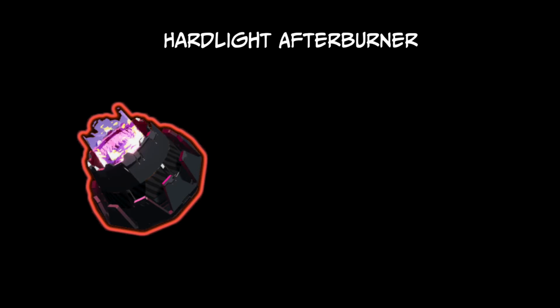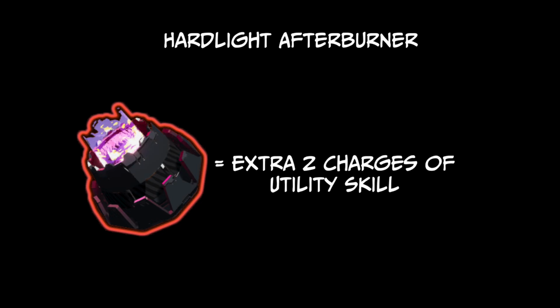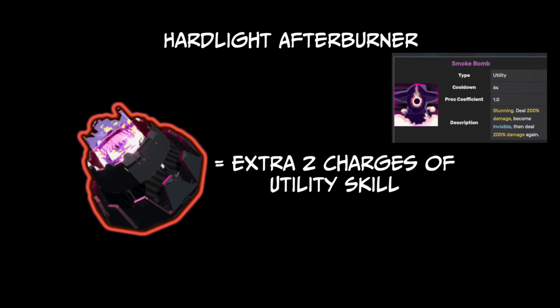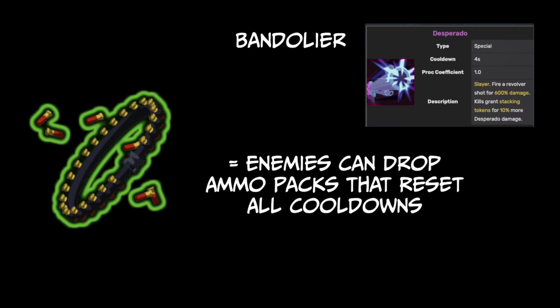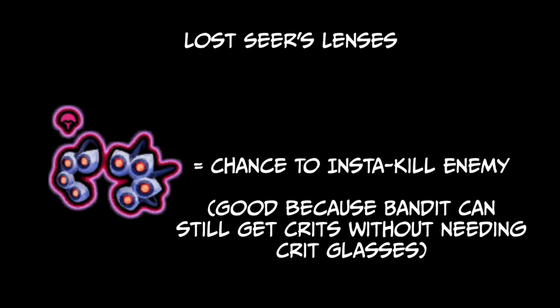Hard Light Afterburner is great since it gives you 2 additional charges of Smoke Bomb, which just makes it faster to navigate around and escape any dicey situations, as well as sneak up behind enemies. Bandolier is a real solid pickup as well when rocking Desperado, as the reset in the cooldown can just help you build stacks faster. Finally, Lost Seer's Lens is worth picking up since he doesn't depend on crit glasses to get crits,